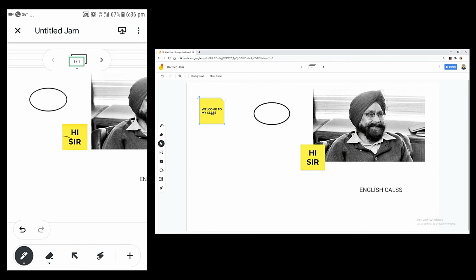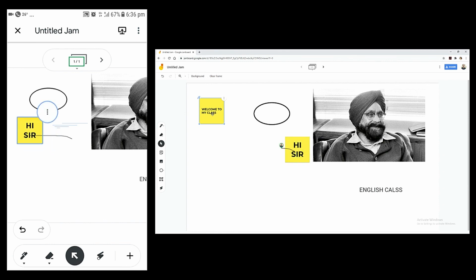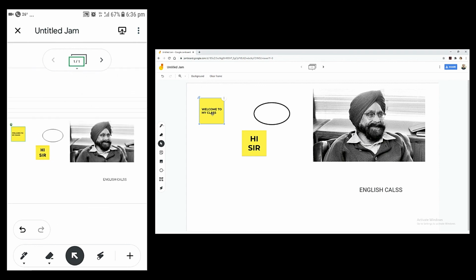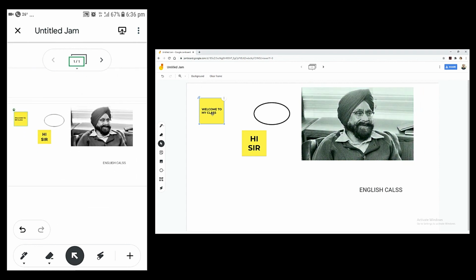Now here you can see I have shared my Google Jamboard with my student, and the student from his login or from his mobile phone is interacting with me. Here you can see whatever he is writing I can see, and whatever I am writing he can see. Now in this method you can share the Google Jamboard using your Google Meet screen sharing option, or directly you can share the Google Jamboard with your students using Gmail account. These are the two methods with which you can share your Google Jamboard and make your class very interesting, interactive and as well as productive.